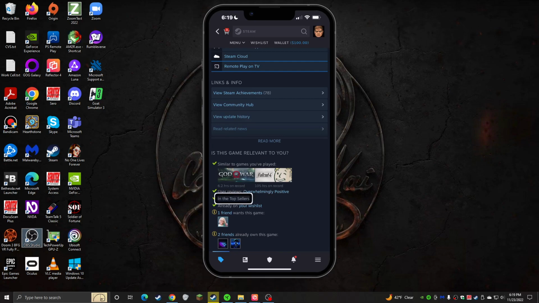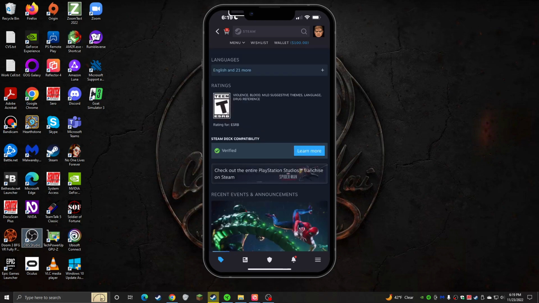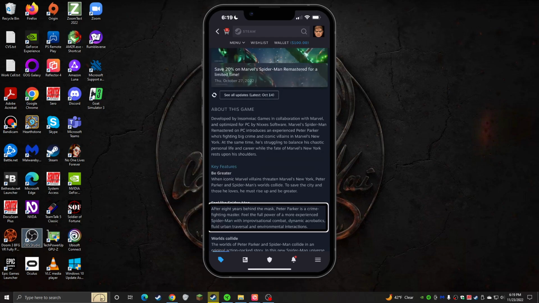Overwhelmingly positive. In the top sellers. Already on your wish list. One friend wants this game. Yep, so it tells me little aspects of why I might want this game. Page 4 of 11. And then you keep scrolling down, and here's where you get your big